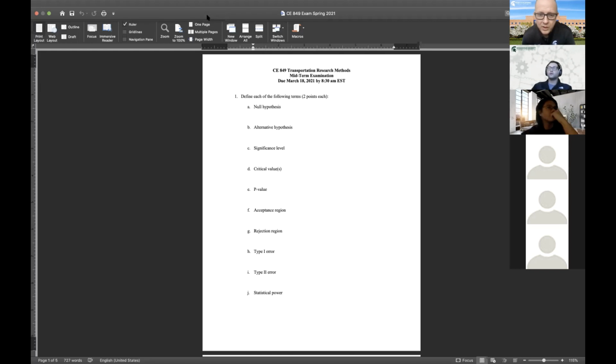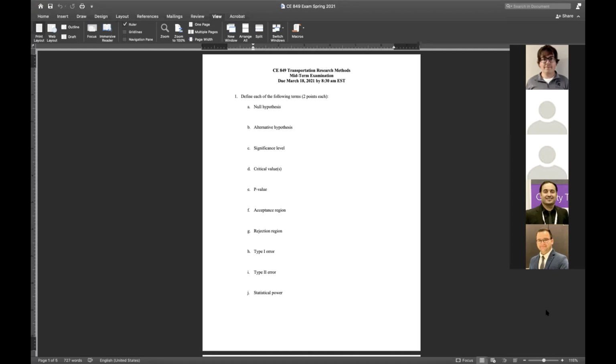Okay, and so continuing on there, the alternate hypothesis is basically a similar statement about parameters, but this one generally indicating that there's some difference or some effect or some meaningful relationship. And so that would run counter to the null hypothesis, and we could assume that those parameters are not equal to one another, that one's greater than the other, less than the other, whatever the case may be. Okay. So by and large, I think everybody had a pretty good handle on that. The only point that came up a few times was just the focus on the parameters. Okay. Significance level. How about